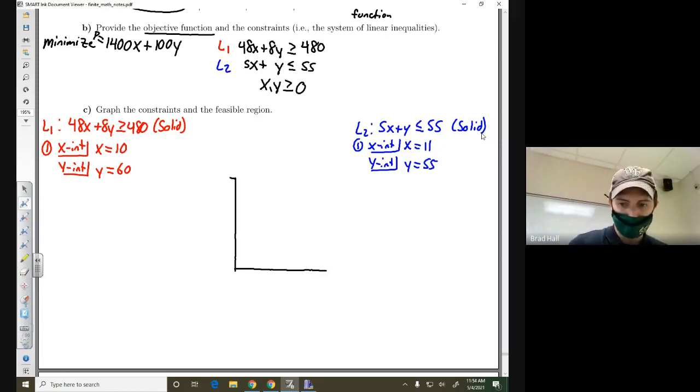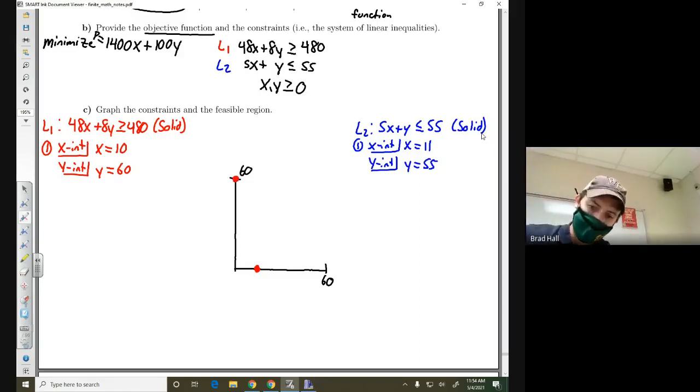And so the upper bound of this graph is going to be the largest intercept I see, which is 60. Put a 60 here, put a 60 here. And let's go ahead and graph this thing. For the first line, X-intercept of 10, put that over here. Y-intercept of 60, which of course goes up at the top. Go ahead and fill this in. All right, and I'll also put an L1 next to that line I just drew,